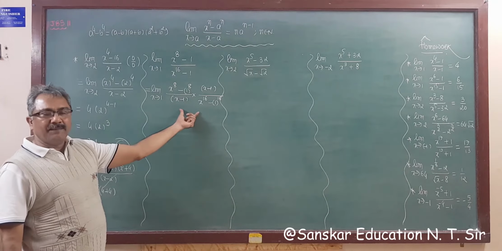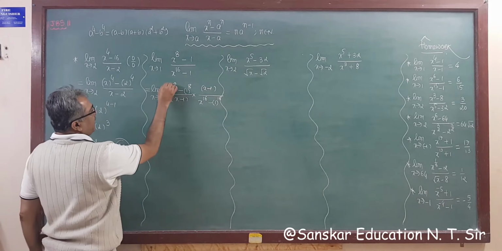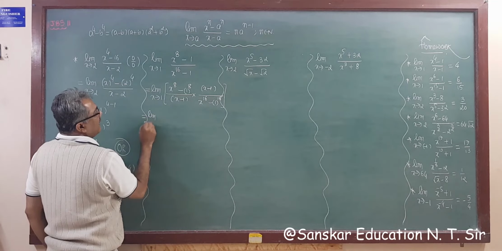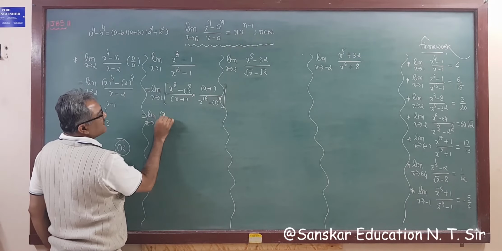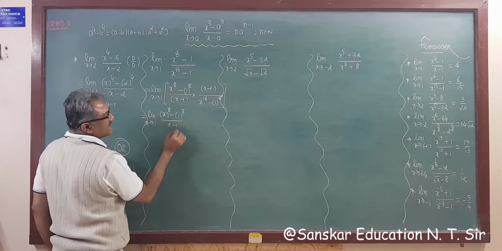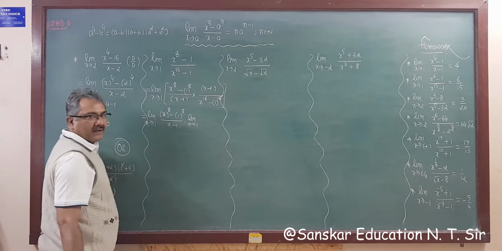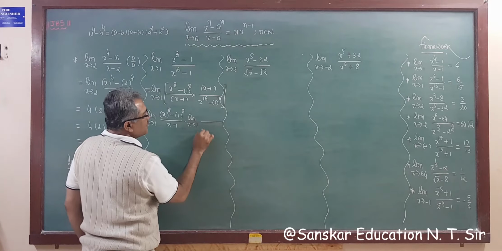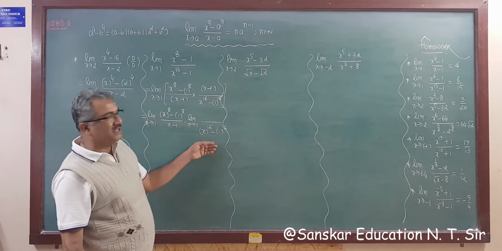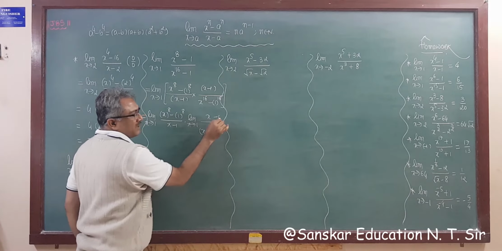Now, applying the working rule of limit, giving both a separate limit, we get limit x tends to 1, (x raised to 8 minus 1 raised to 8) whole upon x minus 1, into, giving this a separate limit, limit x tends to 1, (x raised to 16 minus 1 raised to 16) upon x minus 1. The denominator of the denominator goes to the numerator, so this is x minus 1.